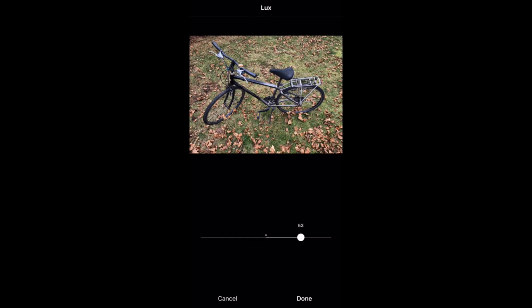So right now it's at 50%. This is the regular. If I go low, you can see it's going to be more pale compared to the original shot. If I go very high, it's going to change my contrast a lot, it's going to change my brightness a lot. But 50% is usually a good amount, but again, it depends on your shot. You don't want to overdo it. Okay,